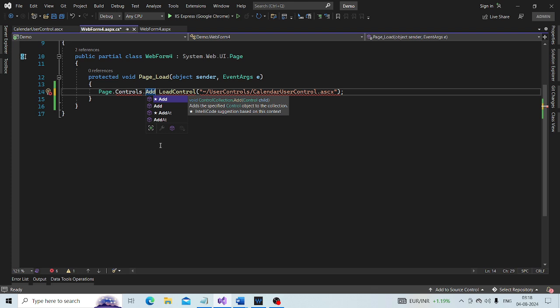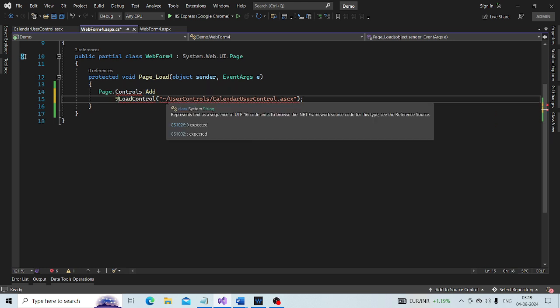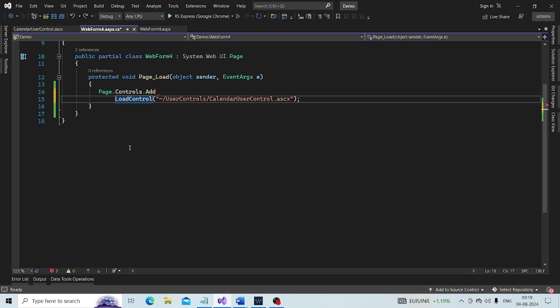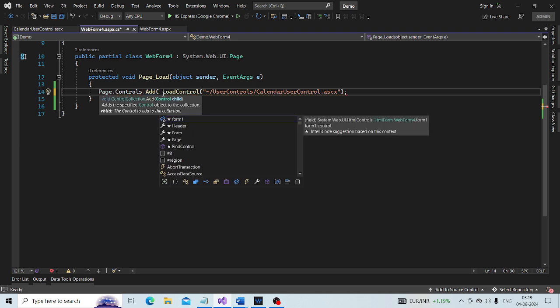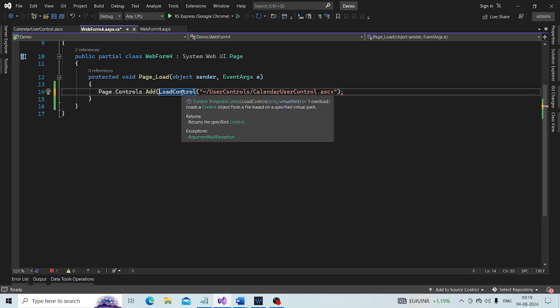And what does it expect? Look at it, it expects a control.